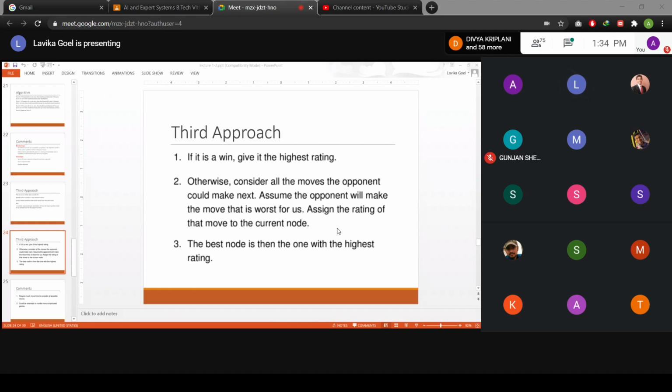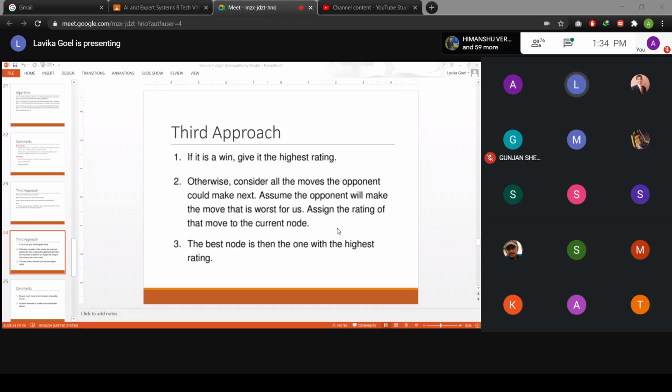Fine. So the move which is the worst for the opponent, that you will give the highest rating, because that move is the best one for you, because it is the worst for the opponent, so it is best for you. So you will give it the highest rating and you will choose that move and you will go to that particular move. Fine.